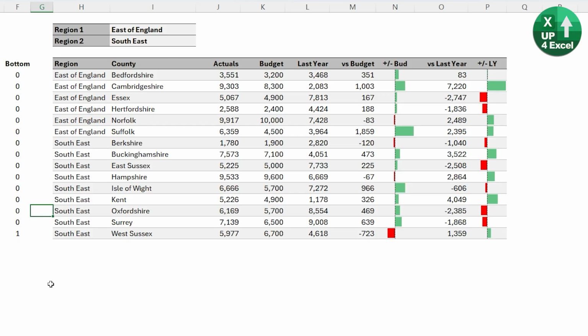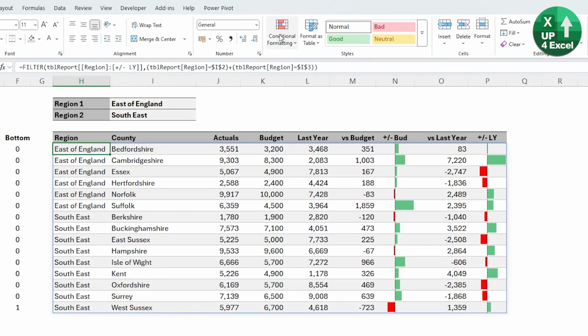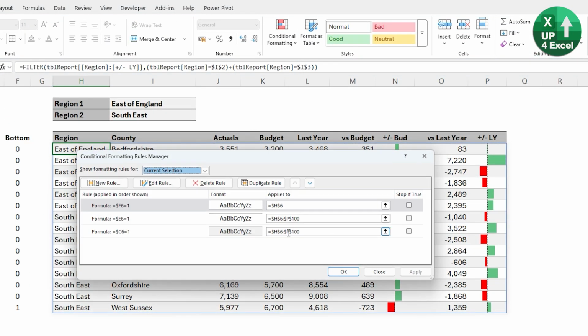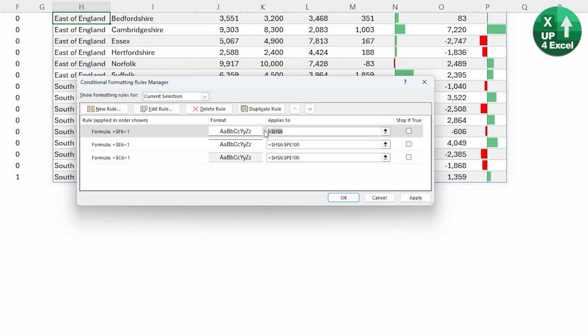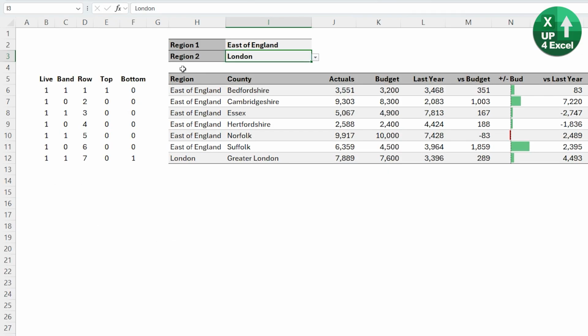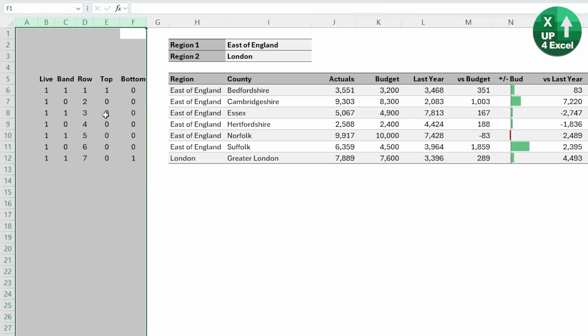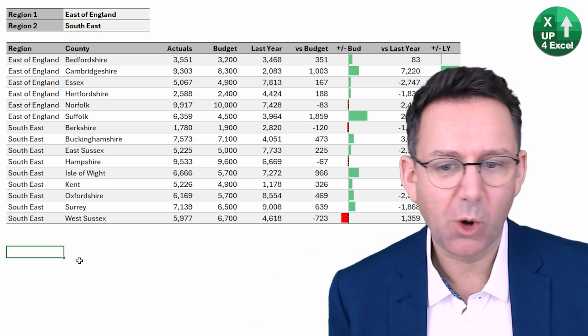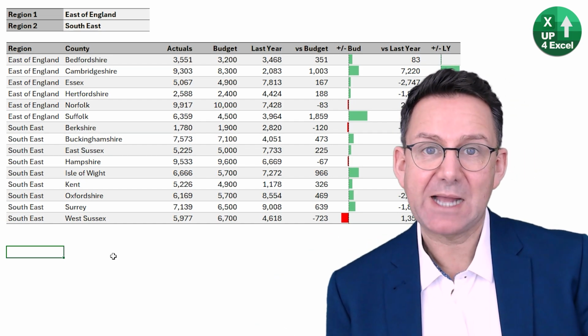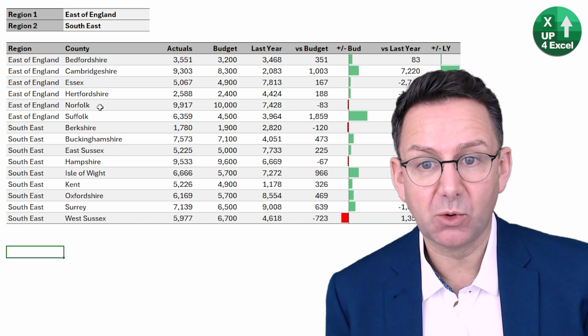What's that done? Of course, it hasn't done anything. We need to always remember that we need to go back to manage the rules and change where the rule applies and make sure it's applying to our whole report and actually past our report in this case. I'll hit OK there. And the last tweak is we just need to hide our helper columns. Control-0 to hide that. Now we have a report that will always have banded formatting and borders at the top